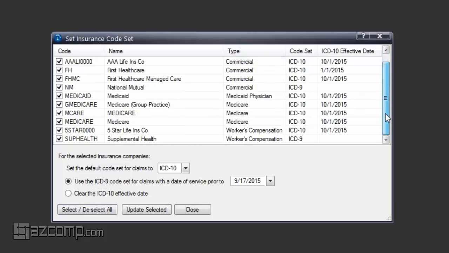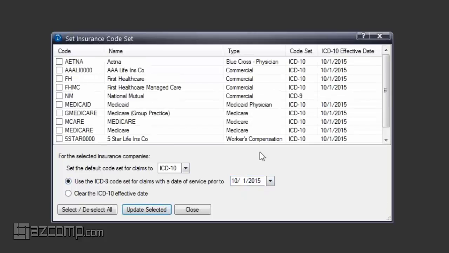So if I selected all my insurances, but I wanted to uncheck these two down here because they're work comp, then I can say, hey, for all these, go ahead and set the default as ICD-10, and I want to still use ICD-9 codes up until 10/1 of 2015. Okay. And then you can just say update selected,